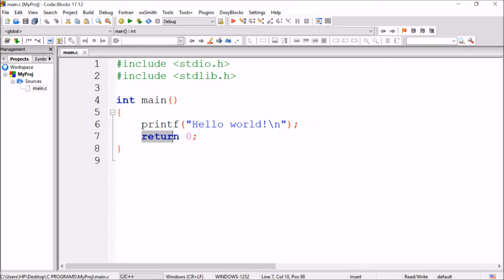So what is this printf doing? Printf is actually showing you some value on the console. Console is what? Console is your screen. So when I say hello,